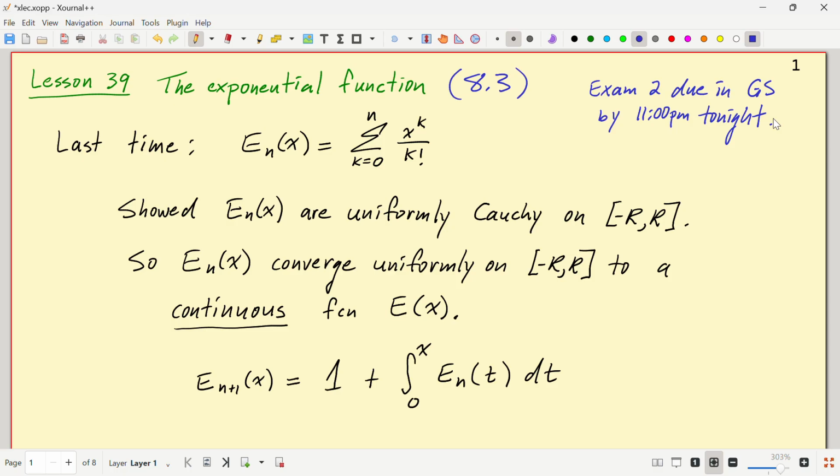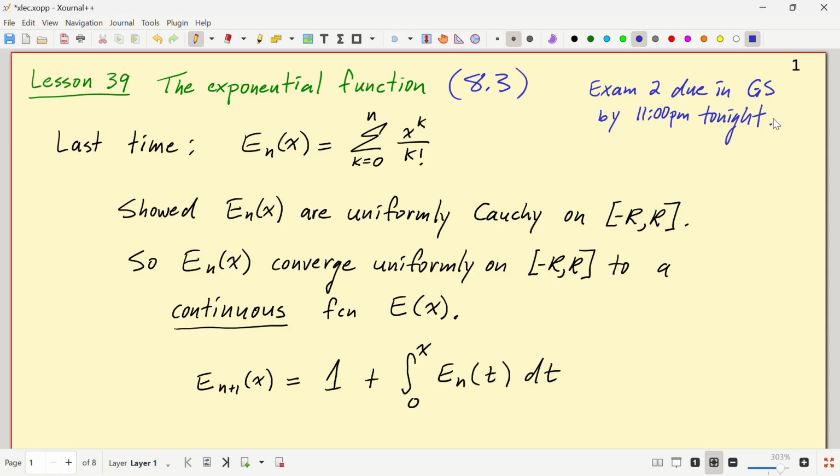Well, I promised today that I would demonstrate everything you ever were told about the exponential function using very minimal effort. So last time I defined the classic partial sums of the series for the exponential function. So E_n of x is the sum as k goes from 0 to n of x to the k over k factorial, the famous Taylor series for the exponential function. And